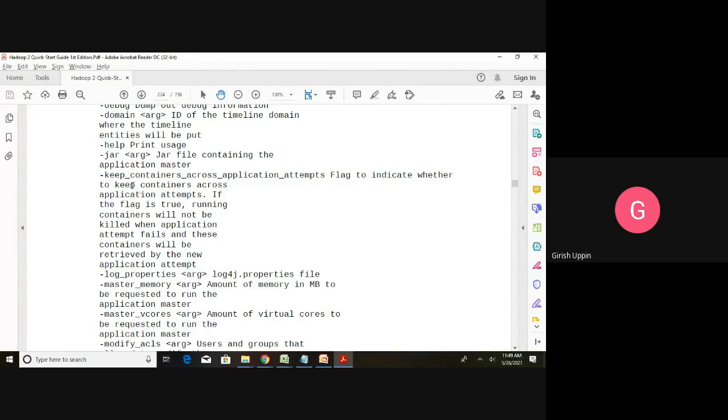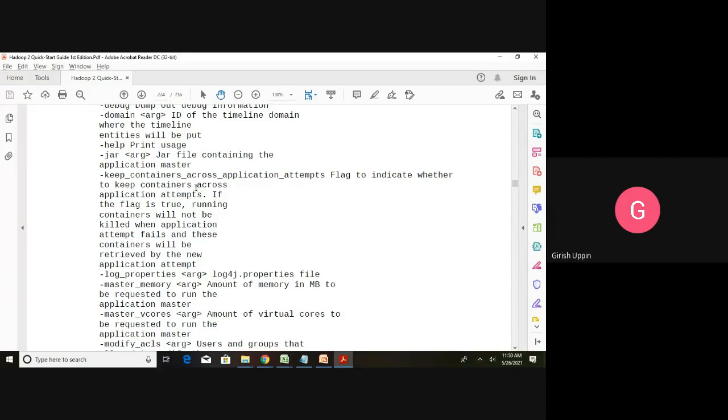Then keep_containers_across_application_attempts, a flag to indicate whether to keep the containers across application attempts. If the flag is true, running containers will not be killed when the application attempt fails, and these containers will be retrieved by the new application attempt.